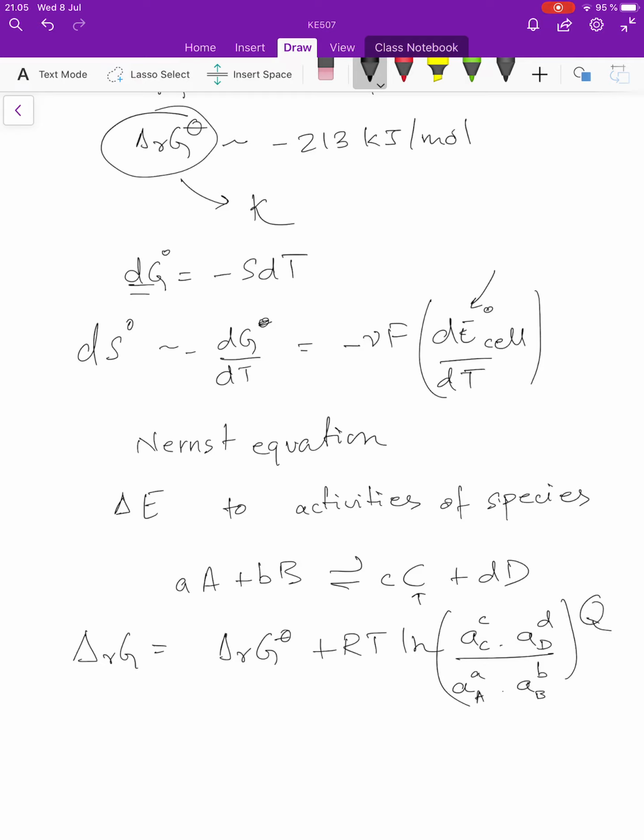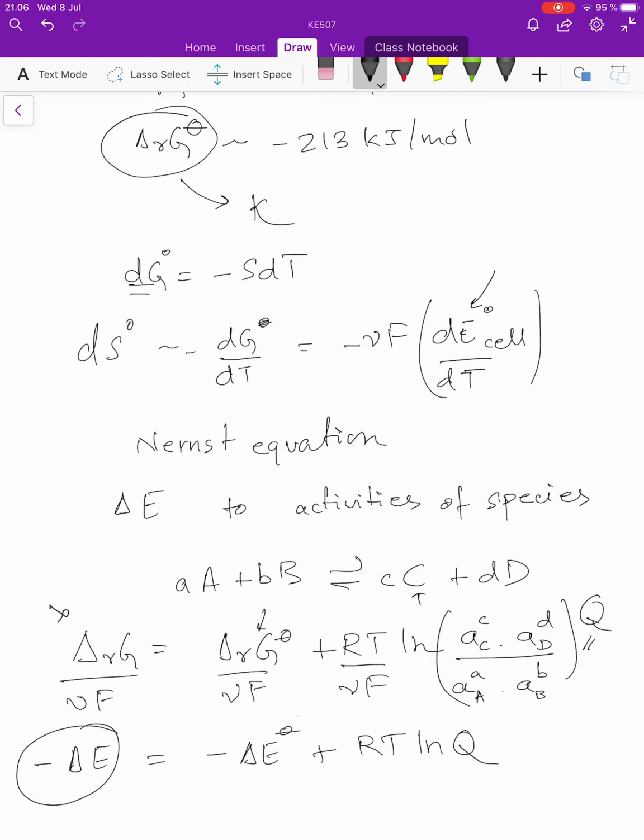And this of course is equal to Q. So if I divide both sides by nuF, you can recognize this as the cell potential, and you can recognize this as the standard cell potential, and this as RT log of Q. So this equation relates the standard cell potential to the cell potential when you're away from equilibrium, or the activities are not the actual activities at equilibrium. And this is the Nernst